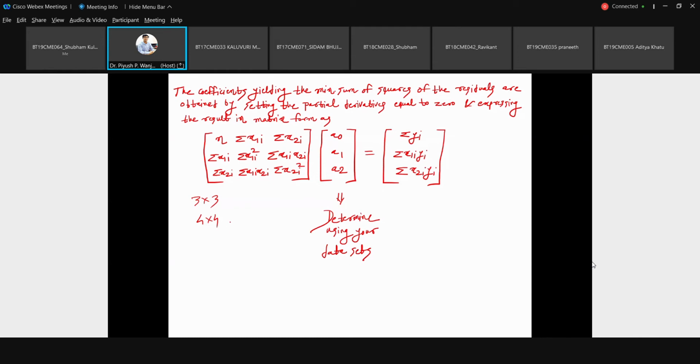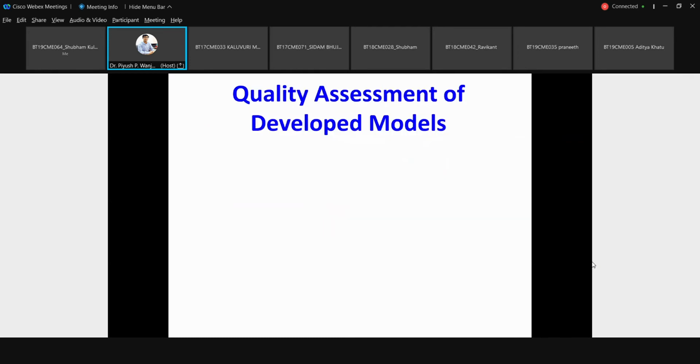Now, if we have any kind of data and want to develop a particular linear model, polynomial model, or multiple linear regression model, you can come up with different models. But for finding the best possible one, you should use the model which represents your data in the most accurate way. So you have to do some kind of quality assessment of your developed models.